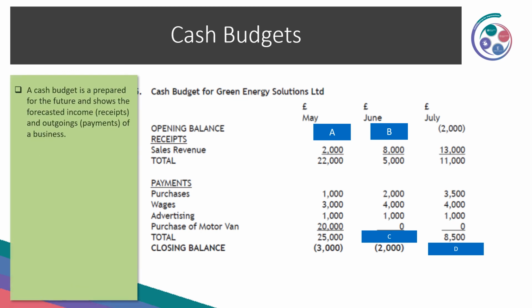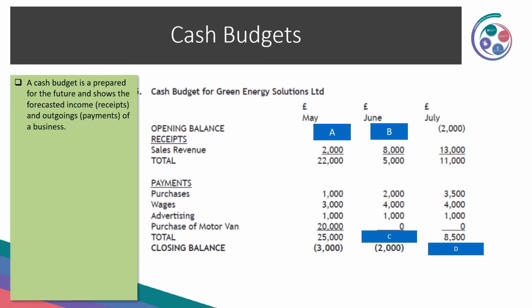Okay, and welcome back. So before looking at the answers, just to remind you that a cash budget is prepared for the future. And it is prepared for the future to, first of all, avoid you overspending in the first place. So a cash budget shows the forecasted income or receipts,